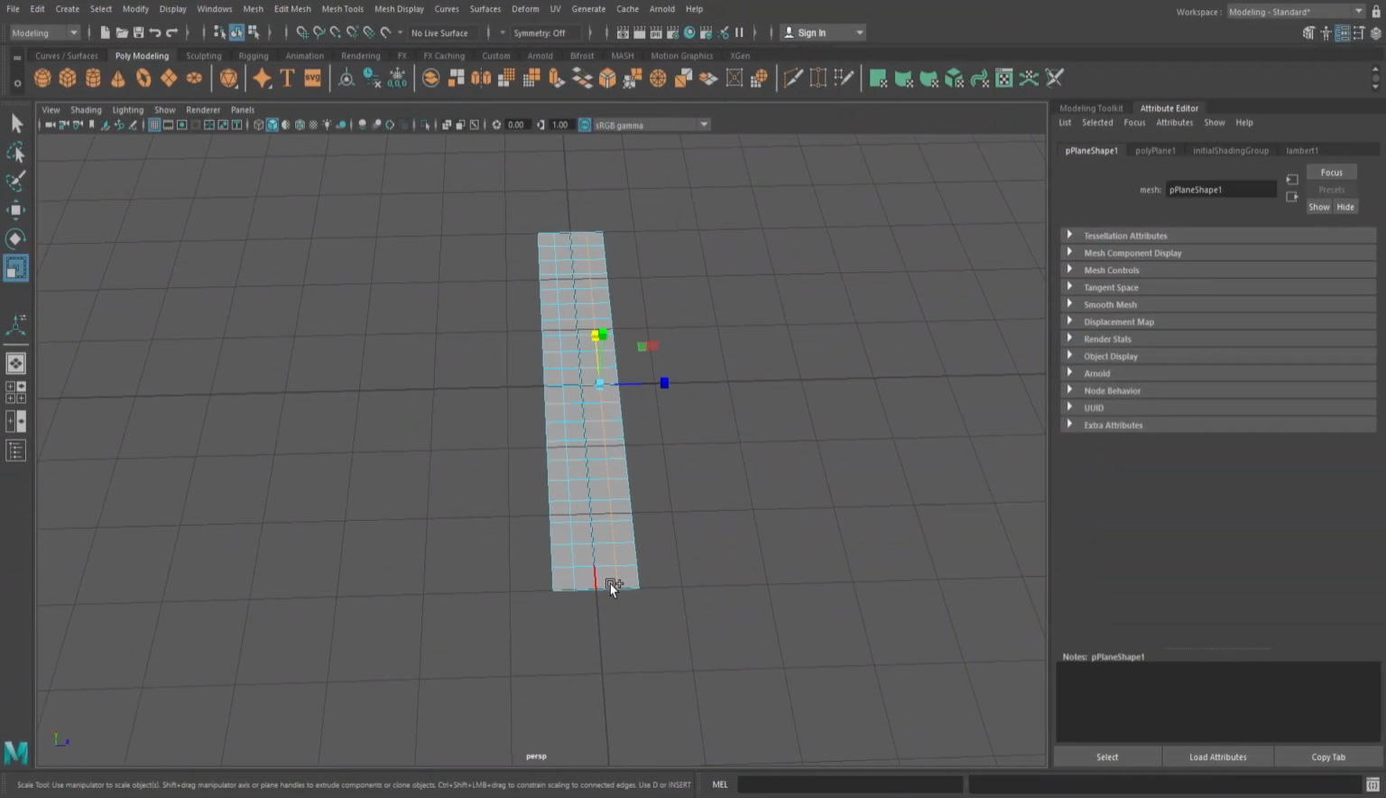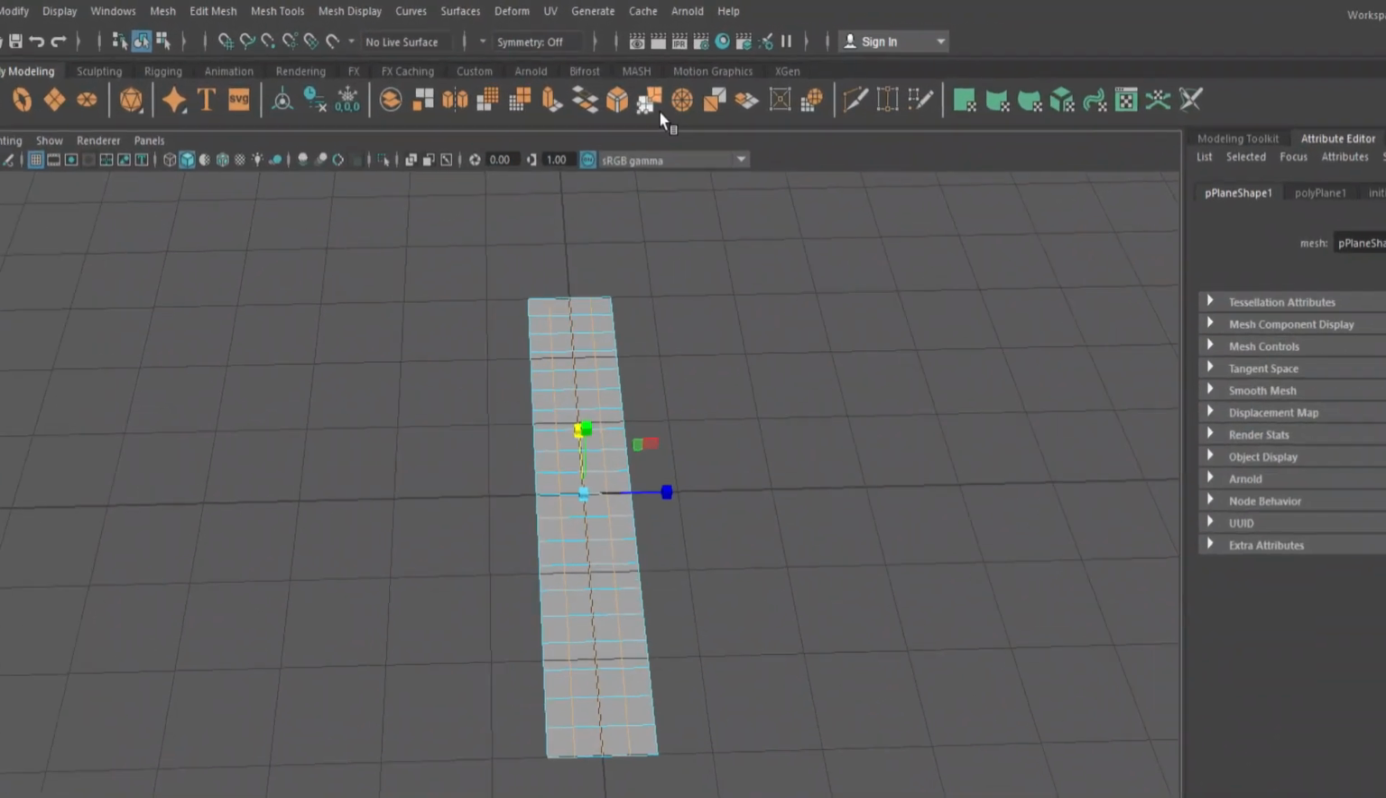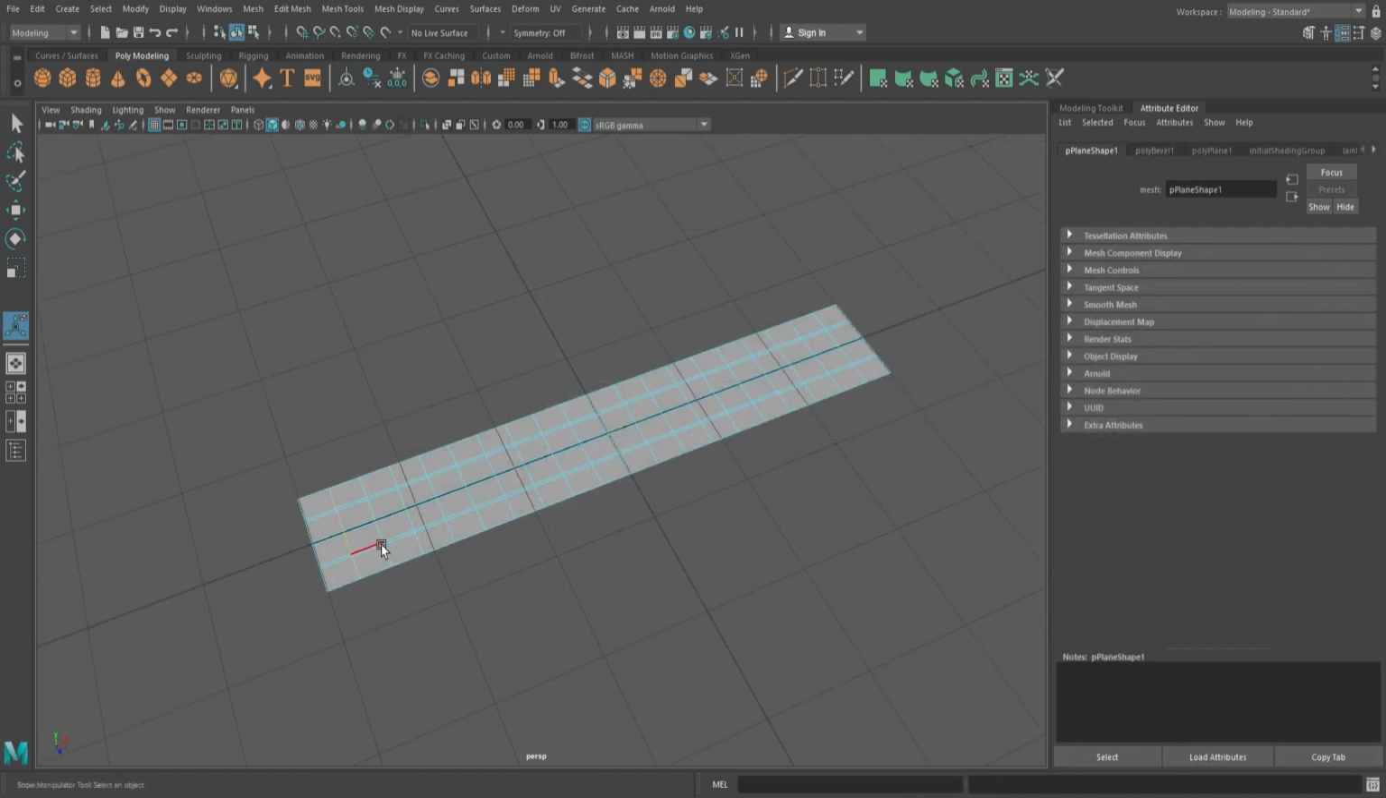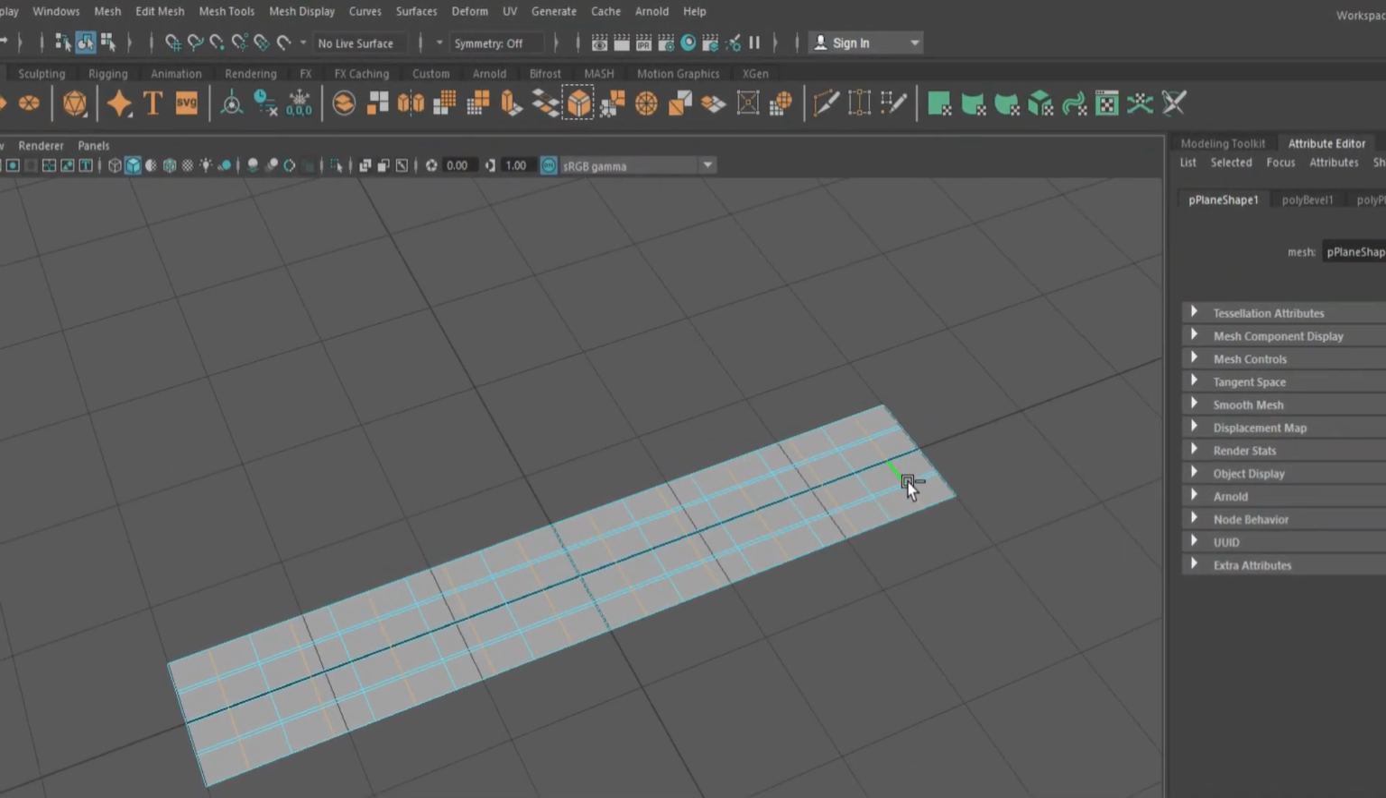Select these 3 edge loops running parallel to each other and click bevel. In the toolbox, decrease the fraction so that the gap between each beveled edge is minimal. Repeat the previous step, but this time select every other edge loop parallel to each other, and then click bevel